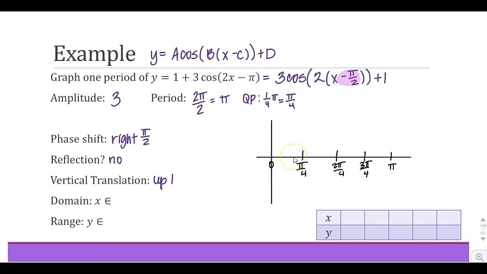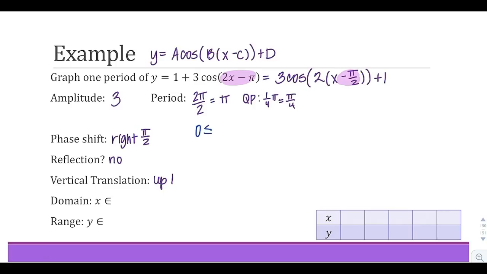But I'm going to show a different way. This next method is going to involve looking at the part that's inside of the cosine function. So I'm going to go ahead and focus on this 2x minus pi. We could also take the factored version. We could also take 2 times the quantity x minus pi over 2. It doesn't matter. We're going to take that inside part and solve the 3-part inequality. 0 is less than or equal to 2x minus pi is less than or equal to 2 pi. So we're going to take the inside only of the cosine function and put it between 0 and 2 pi